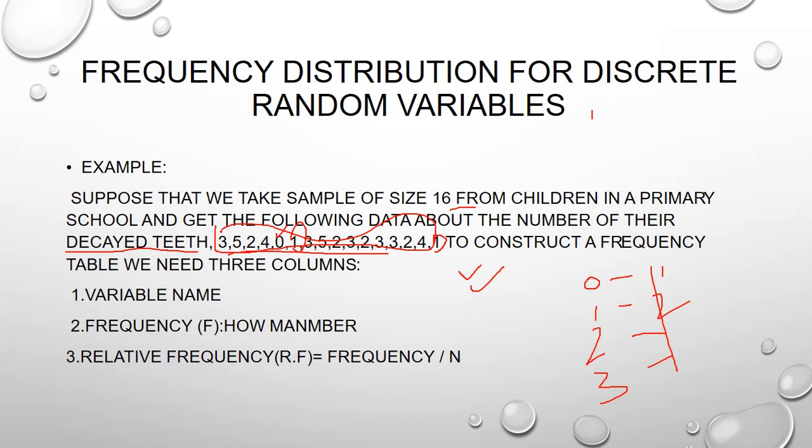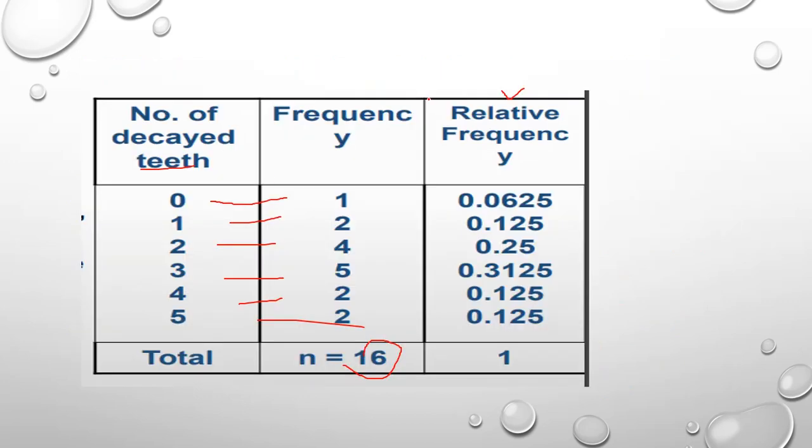This is how we construct a frequency table. Up to here, this is the frequency table. After the frequency table, if you need relative frequencies, you divide the frequency value. I am denoting this with x, so here I need x divided by small n. When I divide 1 by 16, I get 0.0625, 2 by 16 I get 0.125, like this.